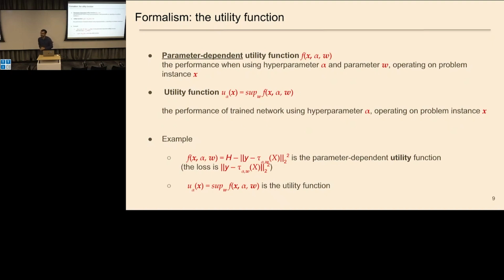I'm a bit confused with the sup over W here. I mean, shouldn't you be looking at how you learn W rather than the sup? So that is the aspect we are assuming. You learn. One motivation for this could be that in current neural networks, you think of achieving zero training error, right? There is a bunch of ways in which you can achieve zero training error. And let's say we treat it as a black box. We assume somehow magically you have that best W. This means zero training error? In this case, this doesn't exactly mean best training error. This just means the loss